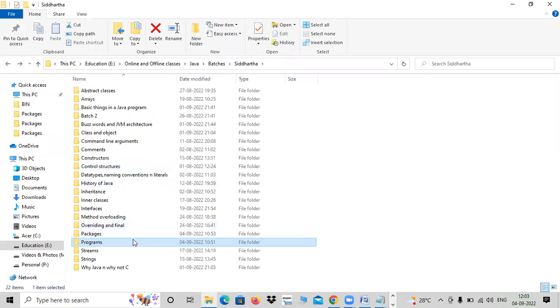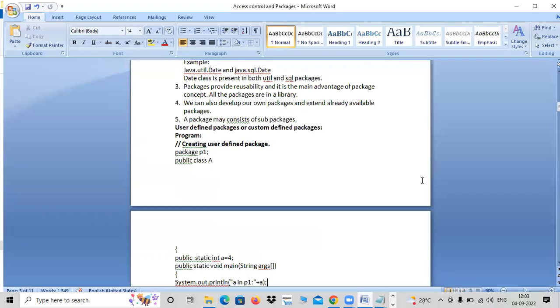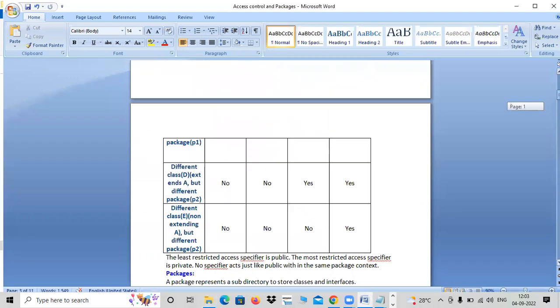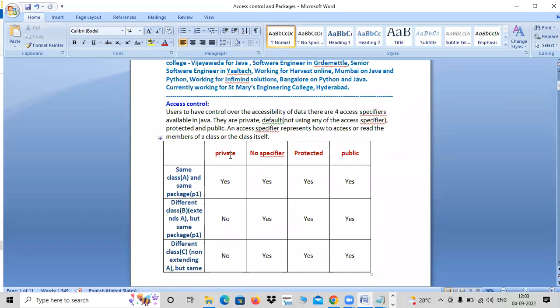In your exam, they may ask you a big question sometimes like this. I told you how to create a package, and that and this I told you already. Simple thing. You can create an interface, you can create a class also inside a package. We can create a sub package also. That we have done. Fine. But another big question they can ask is on access control. Can you explain through a program how these access specifiers work? They may ask you sometimes an essay question. Only one big question in this chapter. That is, you have to draw the table and you have to give a very big program. That I'm going to show you.